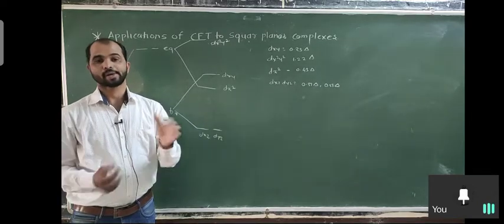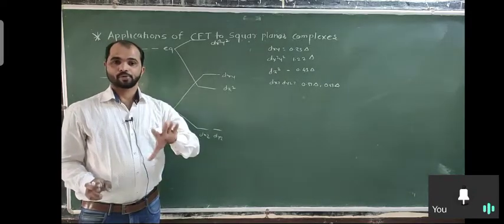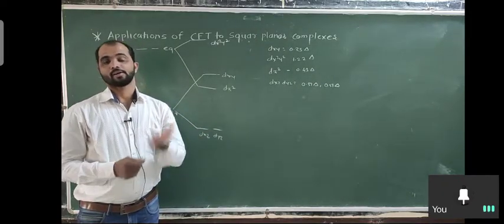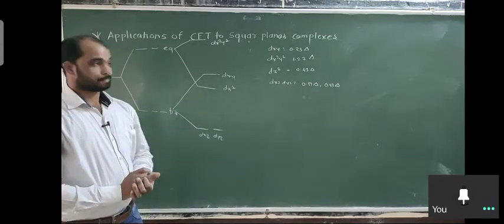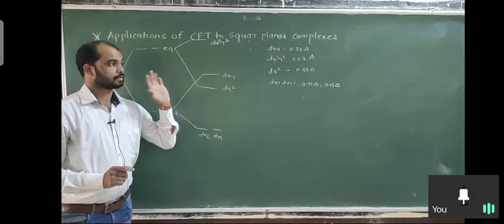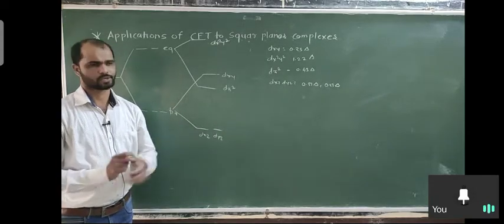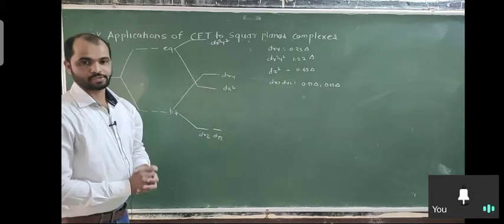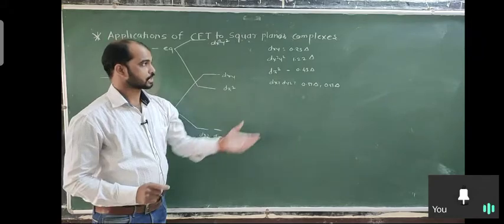So, the molecular orbital theory of coordination complexes. In MOT we just discussed diatomic molecules, hetero or homo, and polyatomic molecules, basically triatomic molecules. But in the last chapter we are going to discuss how MOT is useful in coordination complexes. Okay, so this is our last chapter. So this is the energy which is given, and we can calculate the energy according to these values.